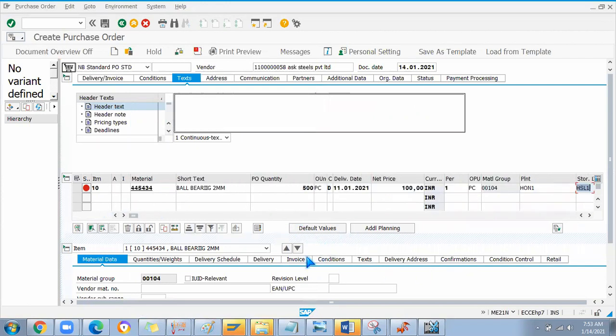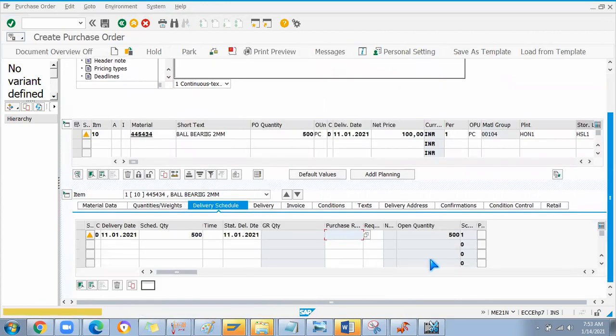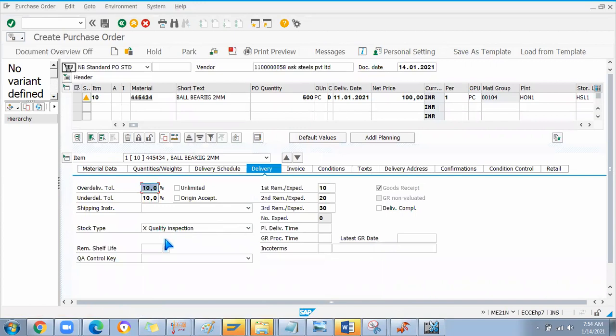So here in the delivery tab, you have to change the stock type. Okay, see, automatically the system, since I mentioned this material is inspected in the material master, automatically the system picked up quality inspection.